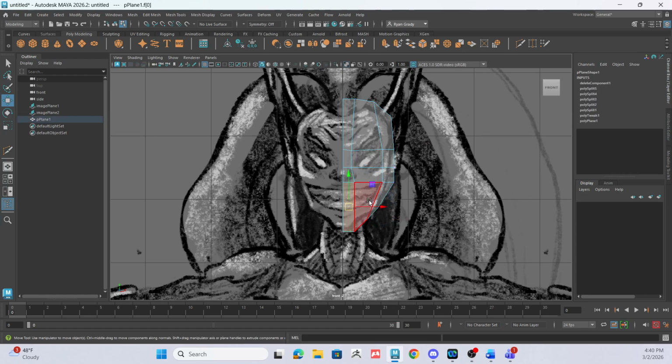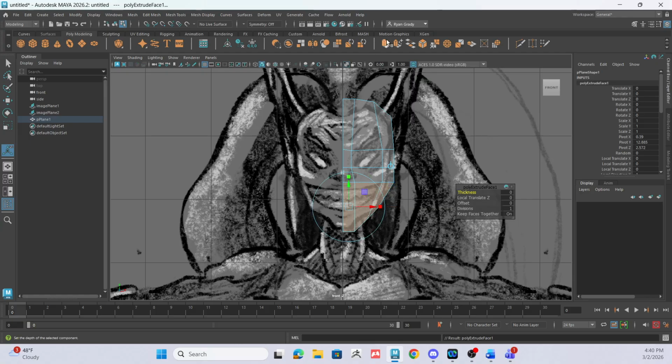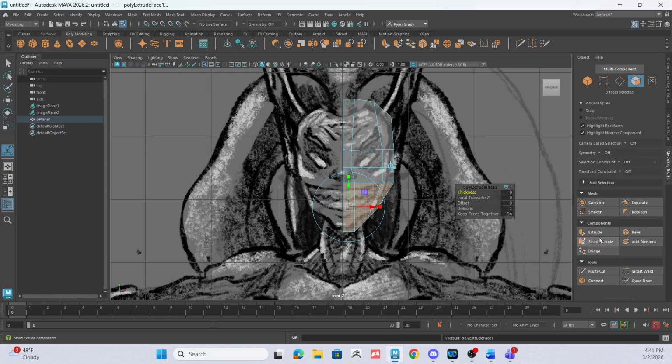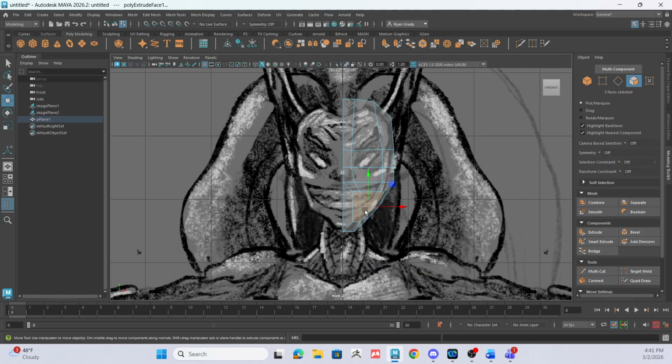I'm going to go ahead and select these faces around the mouth. And then I'm going to hit Control E as in extrude. You can also find extrude on your modeling toolkit, but that's Control E as extrude. So I'll shrink that down. We're going to do it where it's just like the inside of his lips there. We can always insert edge loops for his lips because we're going to use this to help us make a